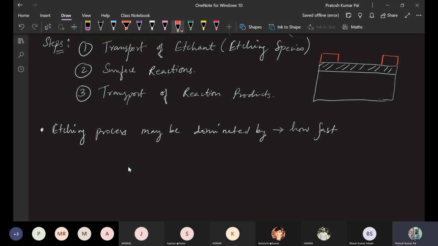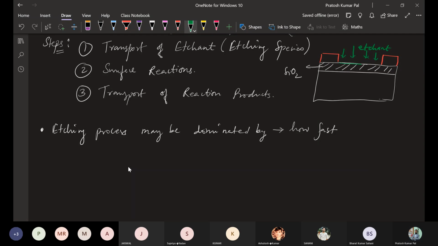This is the mask area, and this is the open area. Okay, so here we have introduced the etchant. So suppose this is the SiO2 layer. The etchant is for removal of the SiO2 layer. So this etchant will first be reacting with this layer.